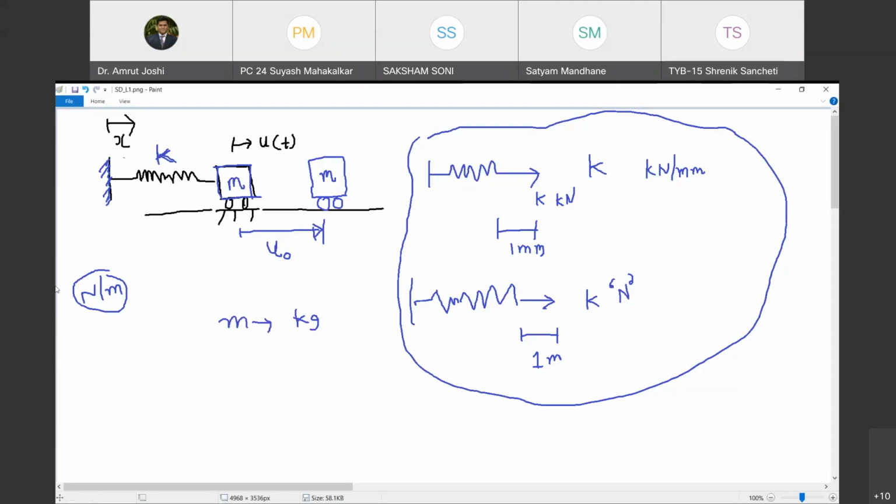Now this M, I have shown there are wheels here. So what do I want to indicate by these wheels? By these wheels, I mean that there is absolutely no friction between the surface on which this block M is resting through these wheels. So therefore, this surface and wheel, they are frictionless. Both the surfaces are frictionless. That is what is implicitly said. Are you with me? Yes, sir.